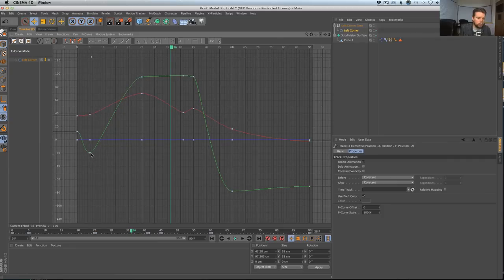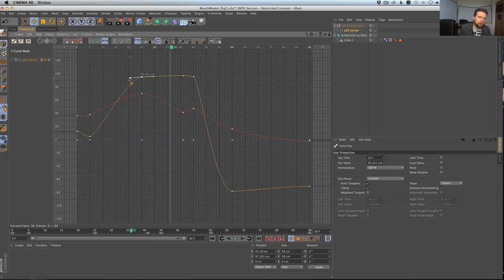Here's our anticipation. That's where it arcs down. But you see, that's a pretty big curve. It's quite sharp, so I can maybe ease that out a little. This curve is kind of sharp too. I maybe want to ease that out a little bit. Typically, you don't want to do this blind. You'd want to make sure that you were seeing the face at the same time. I'm just doing this quickly.